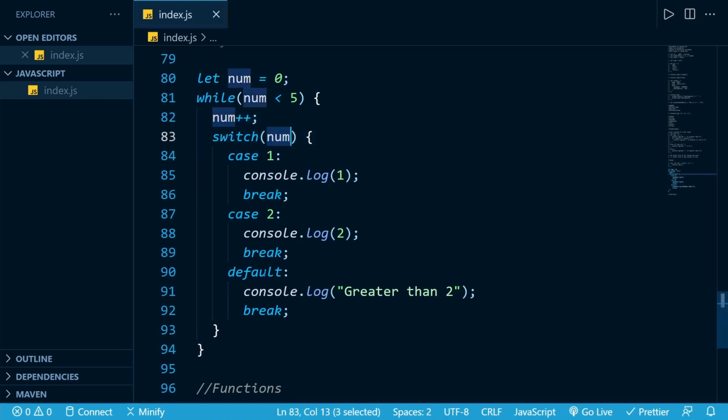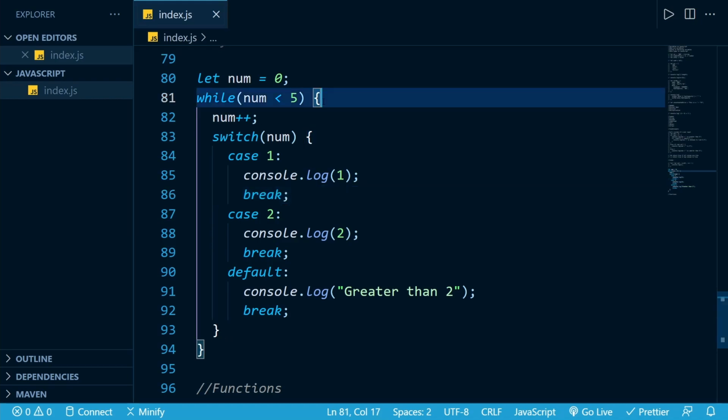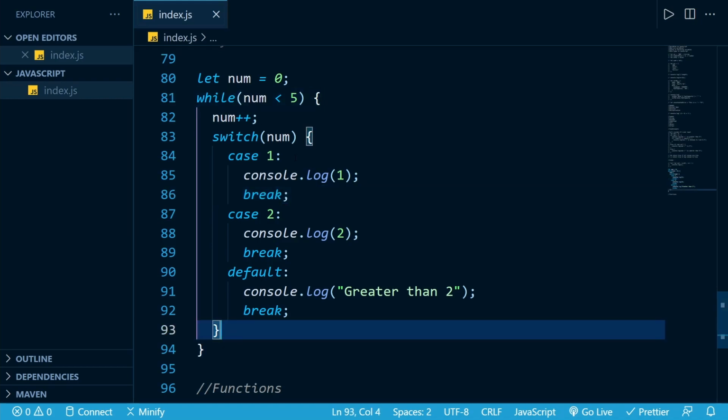And now our switch statement takes num and checks for all these conditions. So case is checking if our num is equal to 1. This is basically what we are doing. If our num is equal to 1, we are just gonna log its value as 1, and then we will break out of the switch statement. It's important to understand that we are not breaking out of the while loop, but we are breaking out of our switch statement.